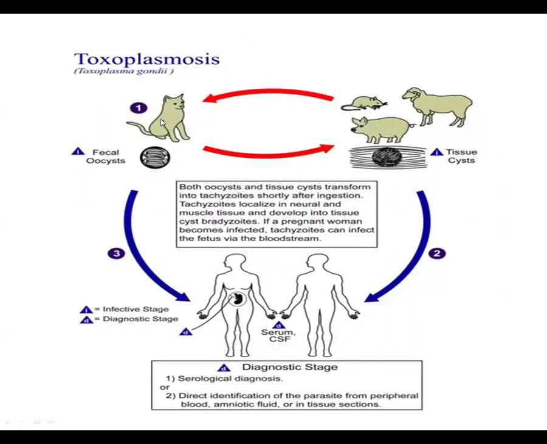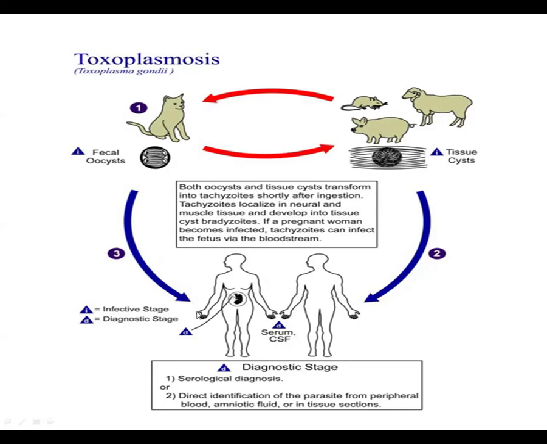Now this is the definitive host, the cat. Okay, this is again a similar picture. This is the cat which is carrying this parasite. They contaminate the environment, and the food and water are taken up by other mammals. They are present in fish. Now they also infect these mammals. They are present in the tissue in the form of bradyzoites, and they are taken up by the definitive host or other human beings. So there is transmission of the disease. Or people may come in contact with contaminated feces and get the disease.